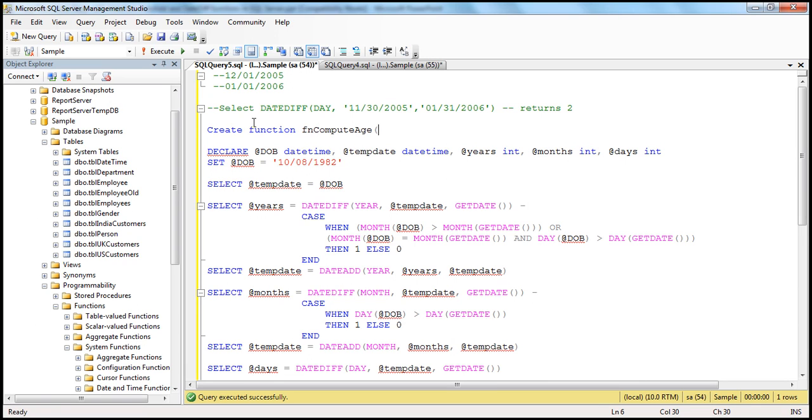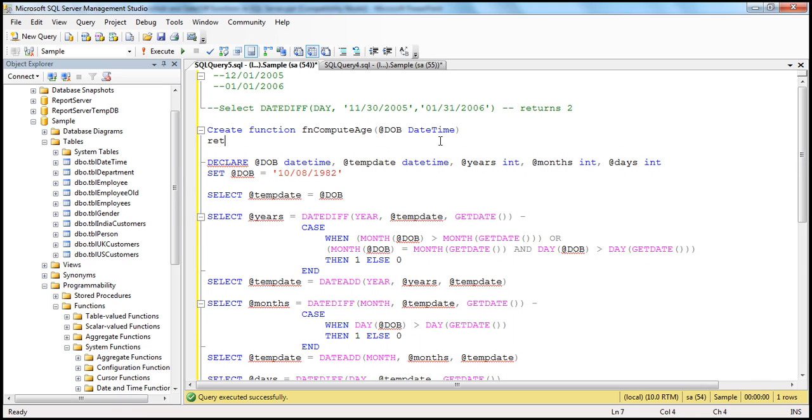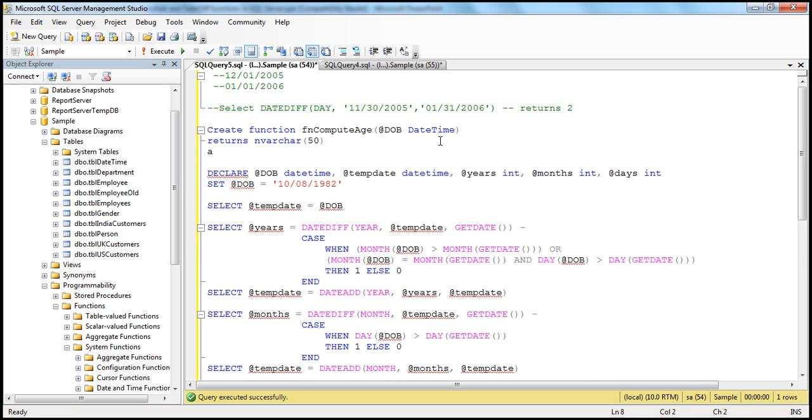Obviously, if you want to compute the age of a person, you will have to pass a parameter to that function. So let's say I want to pass date of birth. Let's say datetime is the parameter, and this function is going to return an nvarchar of maybe 50 as